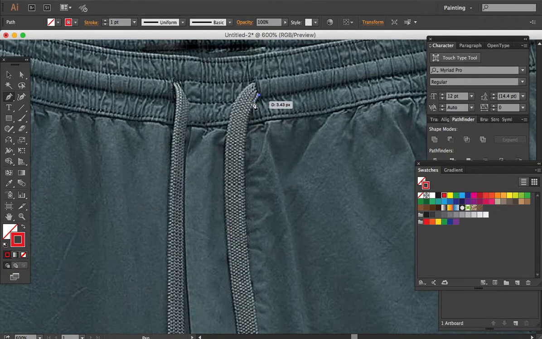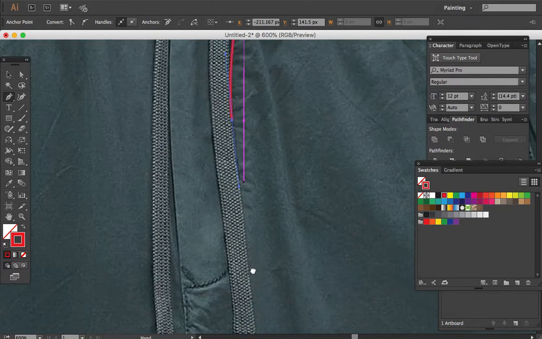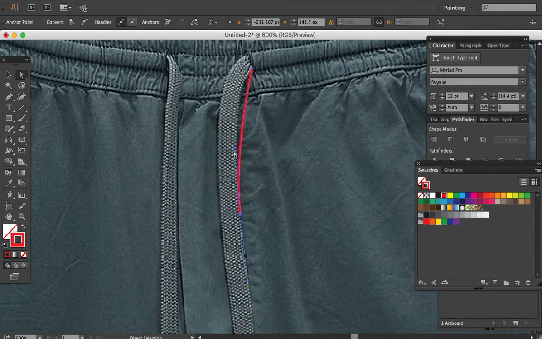So just click, then another click, then while holding your mouse, drag it slowly. You can also hold the Shift key, and just like that, then you can release the Shift key, then slowly adjust the curve. Okay, then